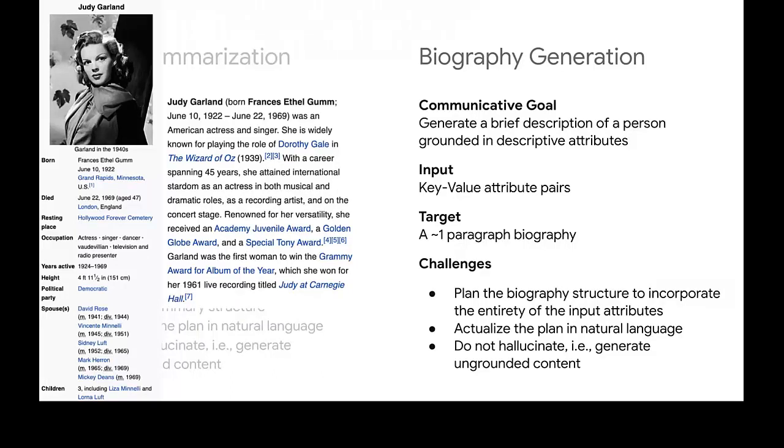So you can see how two very, very different tasks that only have on the surface a similarity that the output is natural language actually have a lot of similar challenges. And we see this reflected in how these systems are being evaluated as well, since the evaluation in general has a lot of similarities among different NLG tasks.